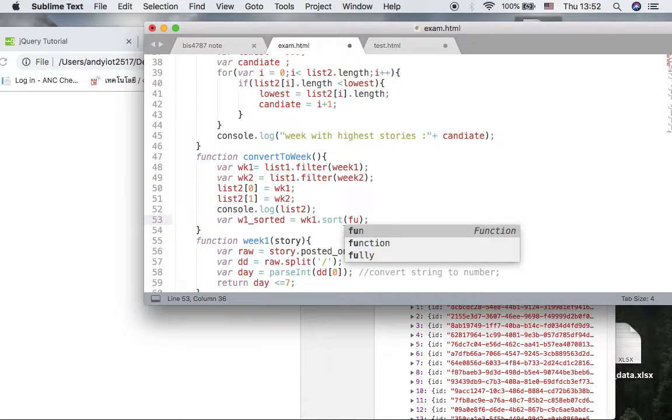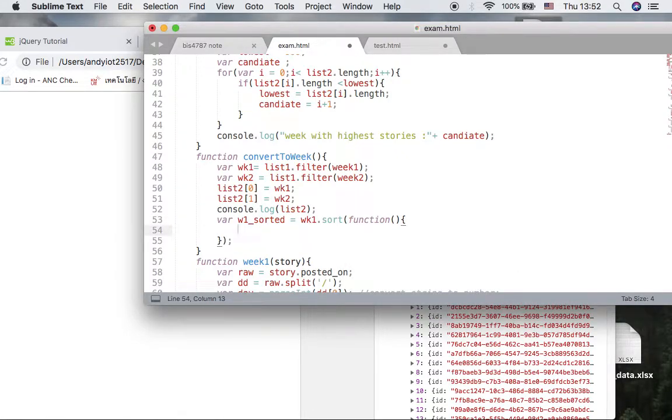It's going to be a function. You can implement this function separately outside, like week 1, and then just put the name here. But for simplicity, I just put this whole function right here, and it's going to take 2 inputs, which are story 1 and story 2. Each time they're comparing this, apple to apple, and then if this is the case, they do something for us. So if you want to sort this, based on